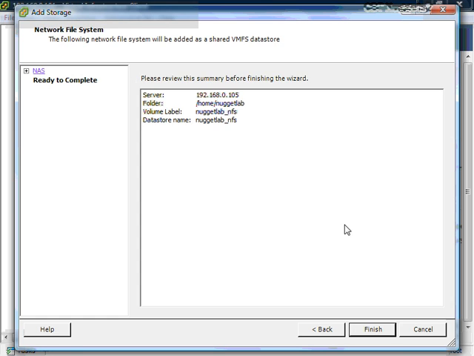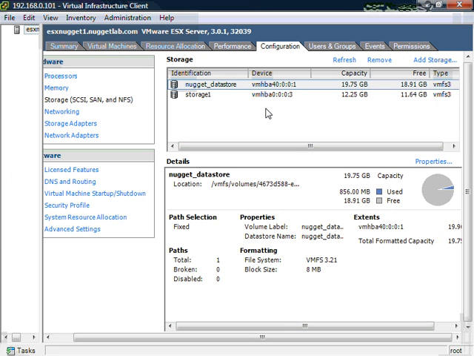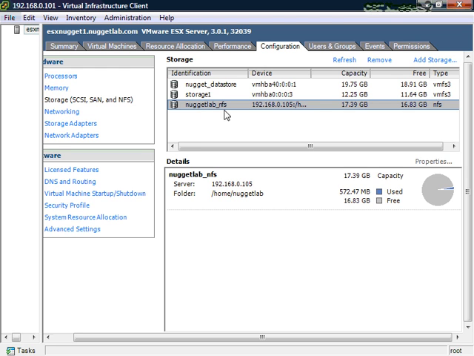If I click next here and then finish, it's going to take it a second while it enumerates the connection, it makes the connection, it creates the data store, and then if we have a successful creation, we should see it show up here in our storage location. And you'll see now that if I scroll this to the right, we have a device 192.168.0.105:/home/nugget lab. We now have the connection that we need in order to be able to drop data onto